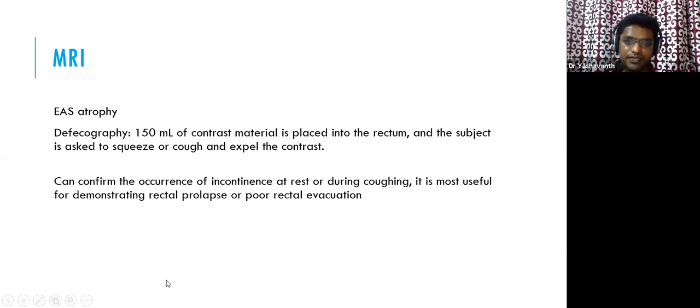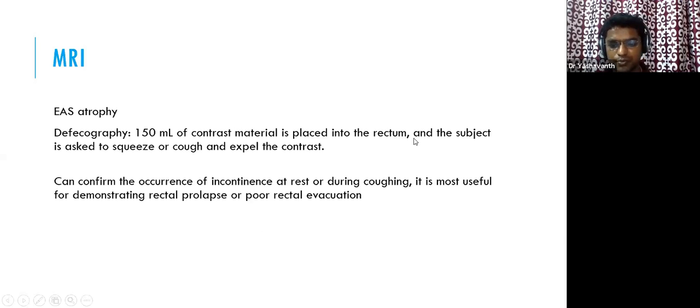So MRI, is MRI helpful? Yes, in selected cases, but as a gastroenterologist, and even for a surgeon assessing, US is preferred to assess the structure, and we are able to differentiate internal and external in a better way than MRI. Whereas MRI helps us to know whether there is atrophy or no atrophy. And if you want to see perineal descent and all, which is not possible with US, defecography is preferred, where 150 ml of contrast material is placed into the rectum